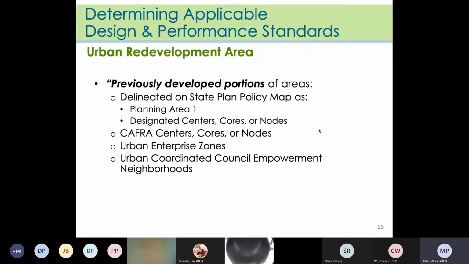It is important that the reviewer is aware of what urban redevelopment exemptions are and where they can be applied. Urban redevelopment exemptions can only be granted to previously developed areas of a site. The existence of woody vegetation is a telltale sign of whether the exemption can be granted. If the reviewer finds that woody vegetation has returned to areas of a previously developed site, the exemption may no